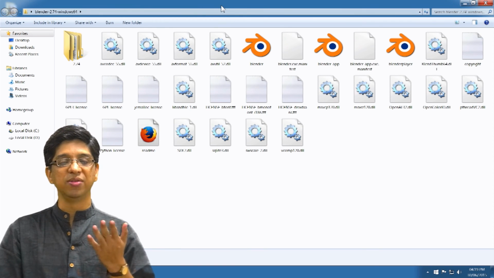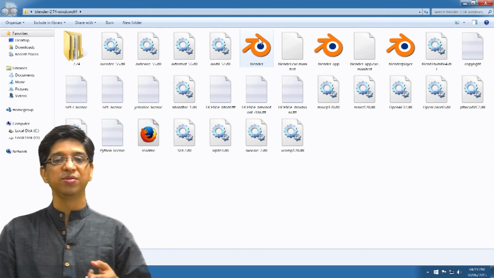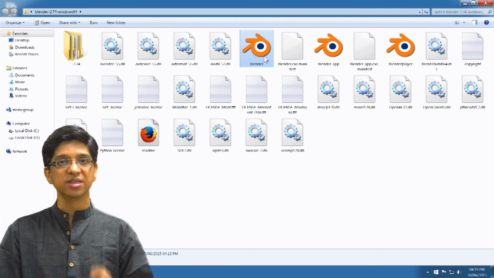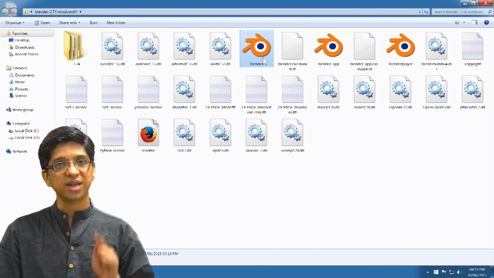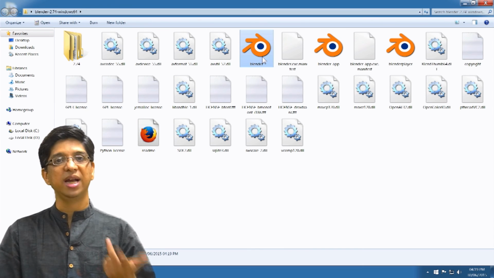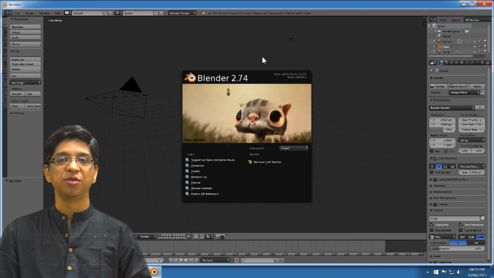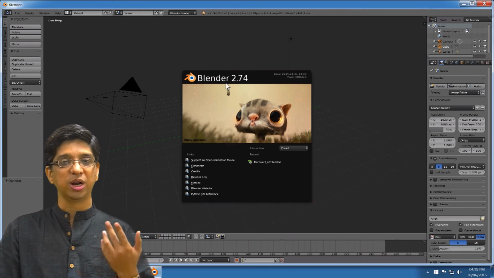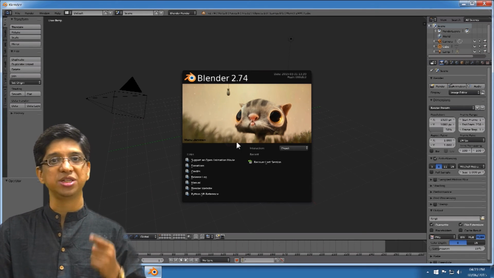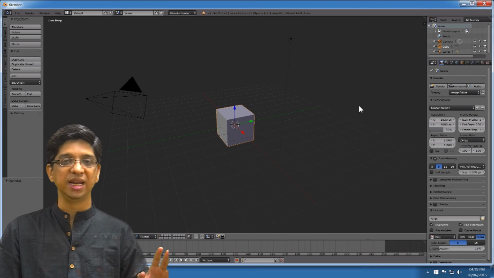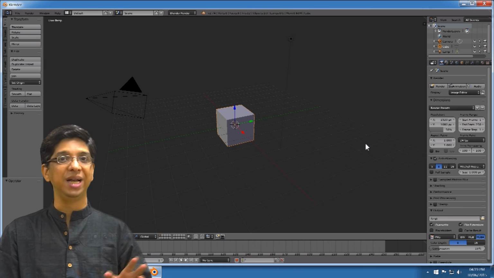Once you have this folder, it will have so many files, and one of the files would be this blender.exe, which is the software file. If you have to start the software, just click on this and you will start the software. So that's how it is. It will again come to this default Blender interface, or what I said earlier is the splash screen of the software. Click anywhere to get rid of this screen, and then you are ready to blend.